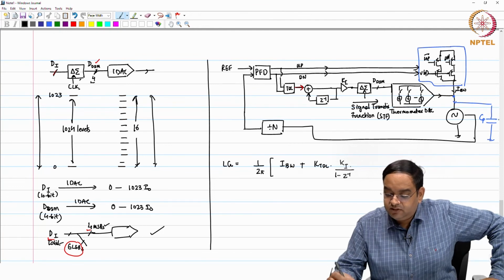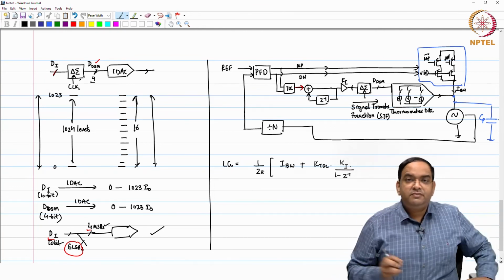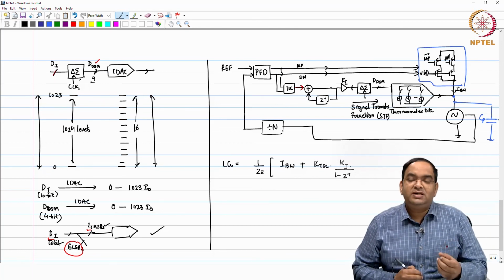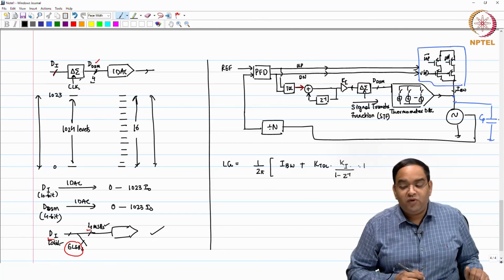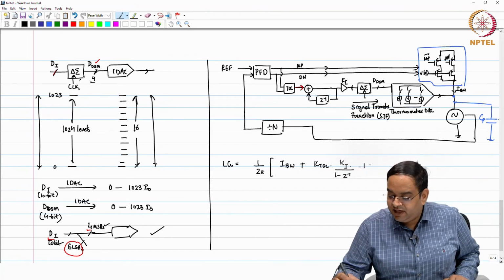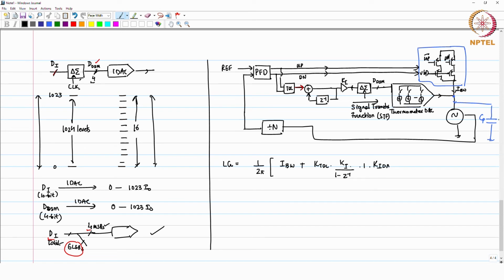Okay. So, this gain from the input of the delta sigma to the output of the delta sigma for the actual signal is the same. So, that gain is 1. Okay. And then you have K IDAC, whatever gain we would like to implement, that is what you have. All this current does not directly flow through the oscillator, it sees this capacitor also. Okay. So, the modeling requires that we take this I, whatever current goes to the oscillator, and